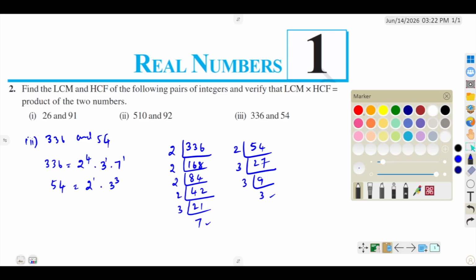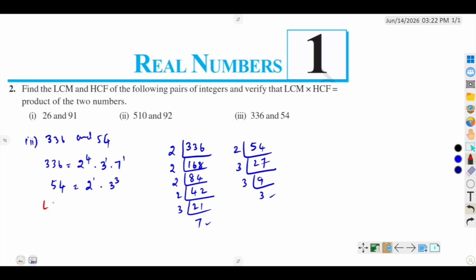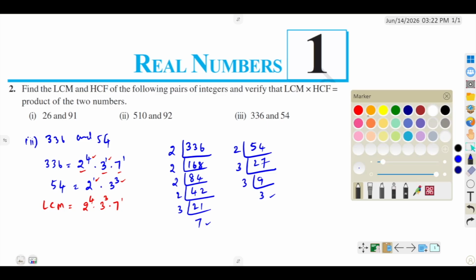Now let's do the LCM first. LCM means we need to take the highest power in common factors. We have common factors 2 and 3 in both given numbers. So 2 and 3 are the common, and non-common is 7. I'll write all of the numbers first. Now the highest power we need to take, so 2 power 4, and the highest power for 3, that is 3, and 7 is a non-common factor, we'll take the power as is, right? Now let's multiply all these so that we'll get,